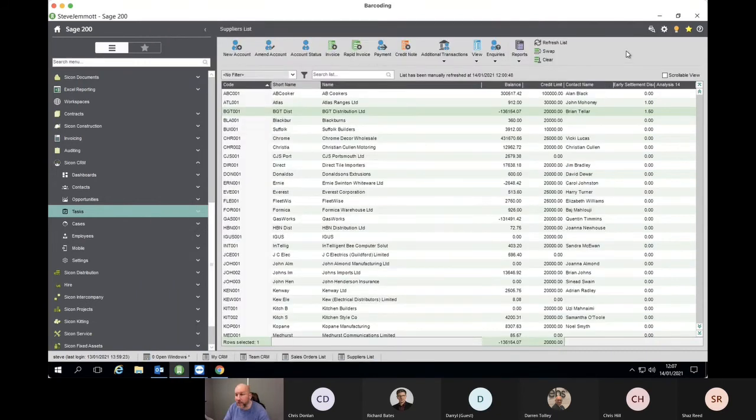If we just move away, what I'm actually going to do is now change screens, and we're going to jump across to our live CRM. So again, I'm going to be careful just in terms of what information I'm going to show, of course. But just to show you now, in-house we use pre-release, so we're always a couple of versions ahead of what we've got from a demonstration. So again, you're going to see some of the bits that we've added in as well. So let me just stop sharing that particular screen,